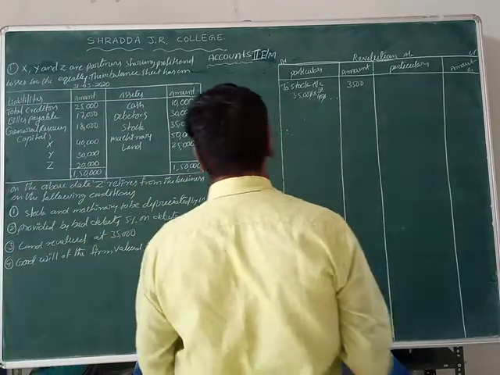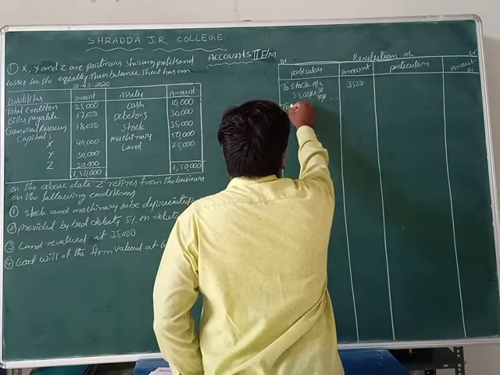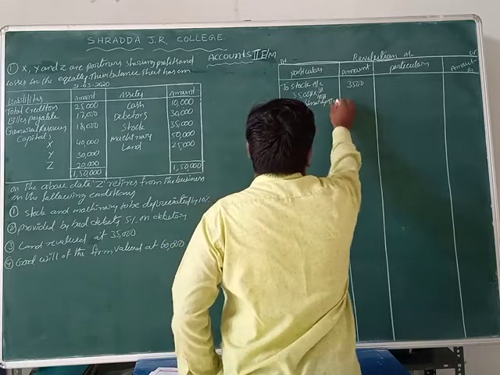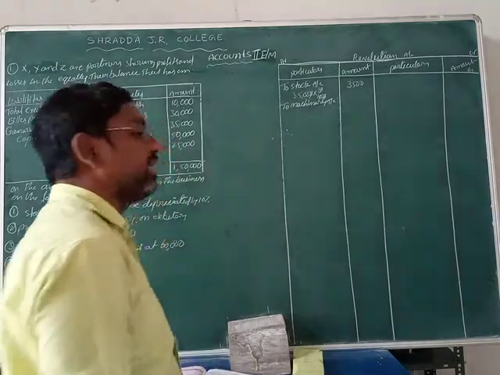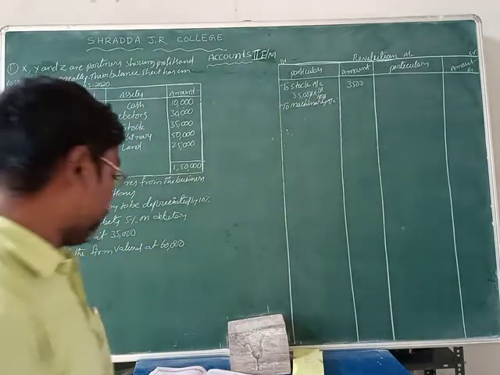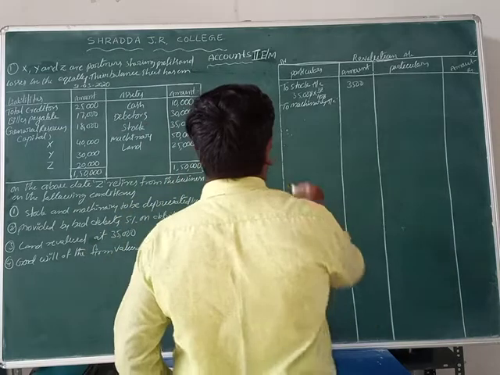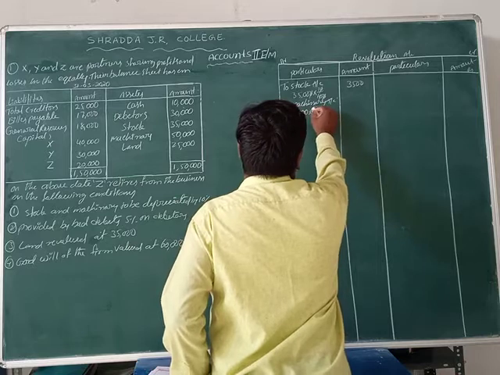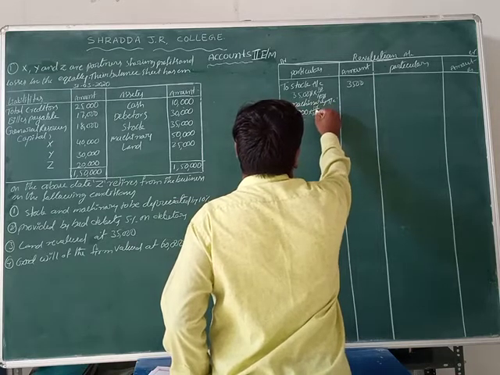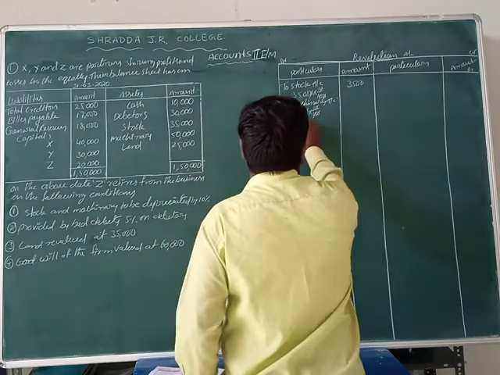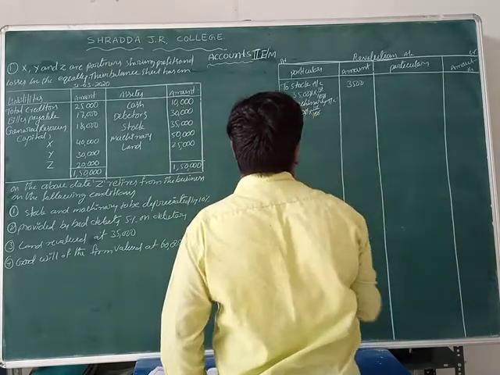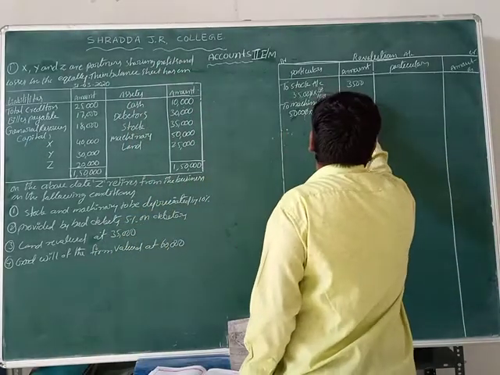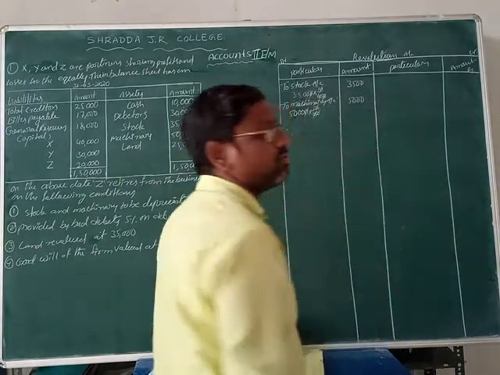Now next one is what? Machinery. We can take the machinery account, and also we can take the depreciation of 10%. So first of all, what is the machinery value here? 5,000 rupees is given. Let us write down 5,000 rupees into 10 by 100. Zero and zero cancel, zero and zero cancel. So here 5,000, not 50,000 rupees. Now what is the amount remaining? 5 into 1, 5,000 rupees. So machinery depreciation is 5,000 rupees.